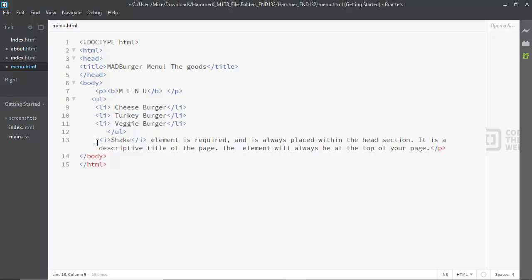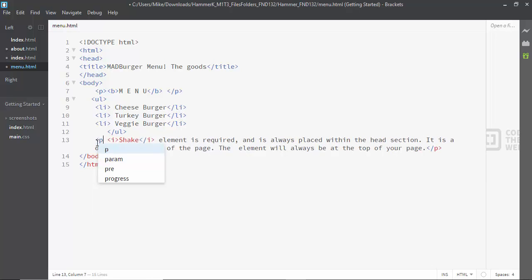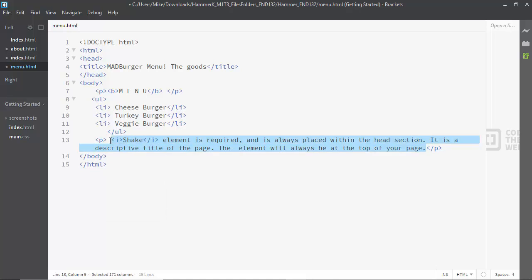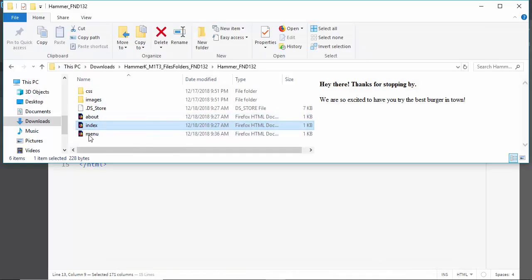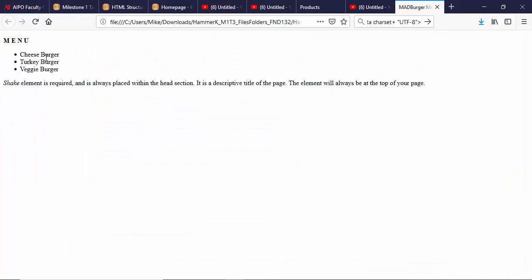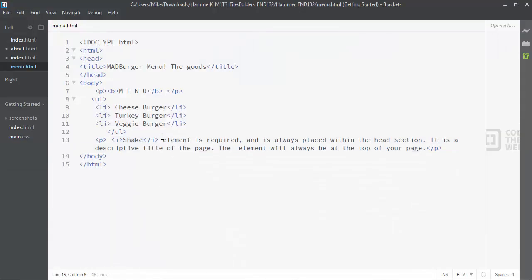But I would put a paragraph here, because every paragraph should have a paragraph tag, so that your paragraph is inside it. Let's just see what this looks like. So there's the bullet list. Again, just some minor things you have to work on, and if you have any questions,